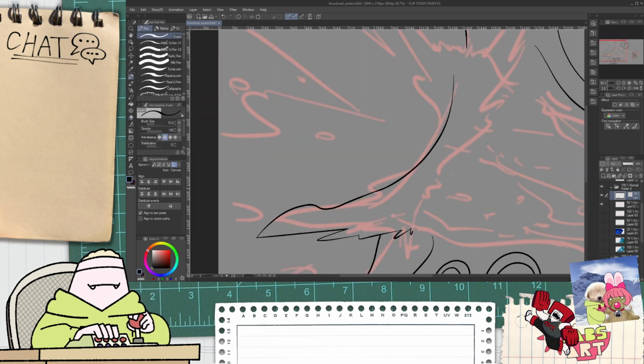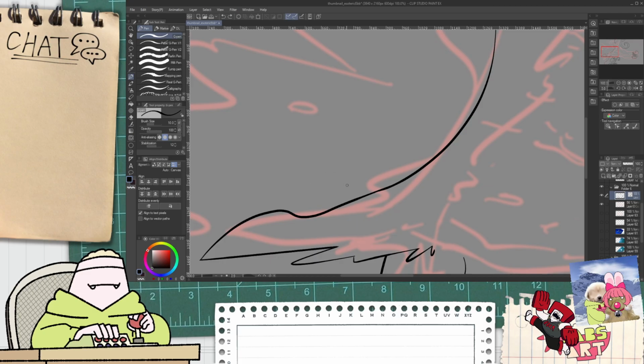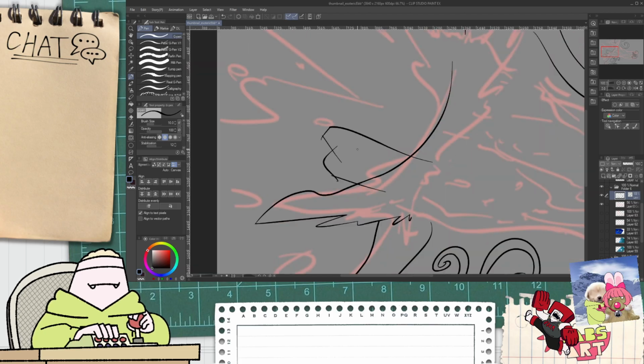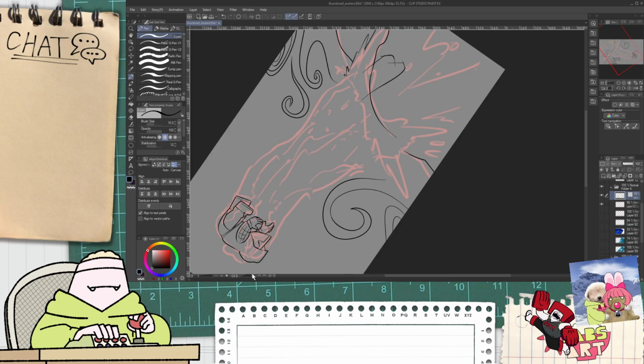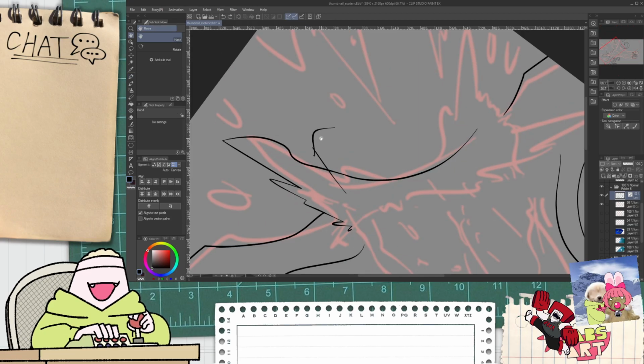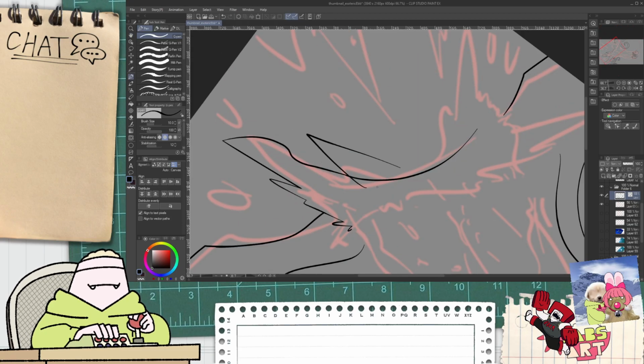Okay, clean up this part and that part. Something like that. I don't even know what I'm doing with the splashing water.